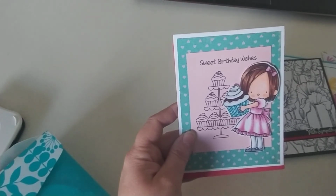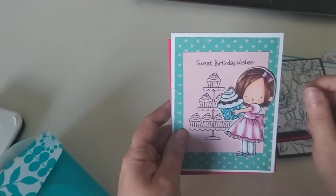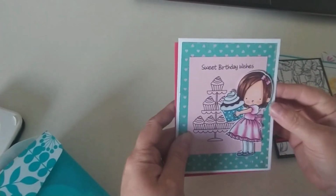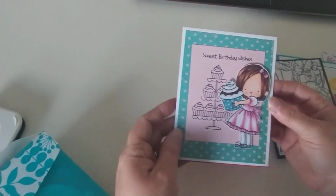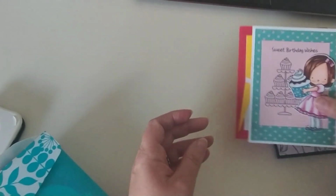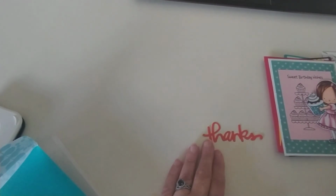There are some that actually come, and I actually cut this out with my own scissors, but there are some stamp sets that come with dies that will actually cut these out for you using a die cutting machine. And it's a little bit of an investment, but quite frankly, it's a real luxury to have. And then there are some that it's just all words that it will cut out for you. I think I've actually got one here as I was looking for my accessories. Yeah, so there's an example of a word that I die cut out of orange paper with this sweet little thanks